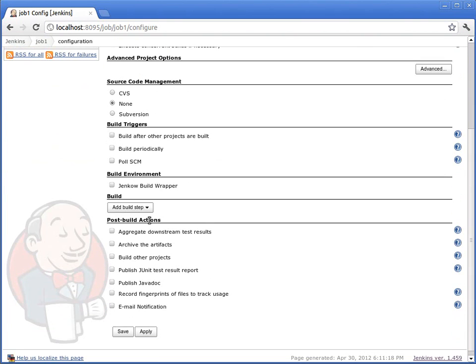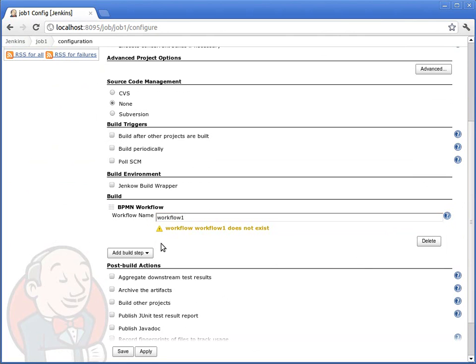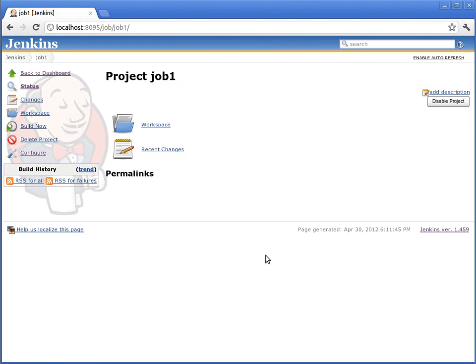And in the build section, there is now a BPMN workflow build step. Let's put in as the workflow name, let's call it workflow 1. This workflow 1 does not exist yet. The Jenkow plugin will create it once we hit the save button. So now